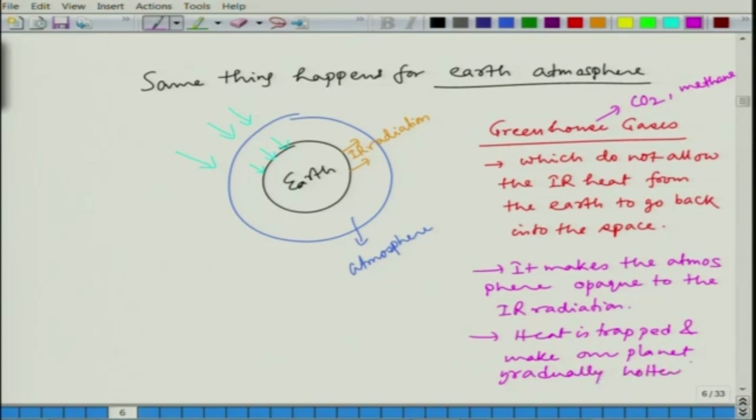Okay. That is why we talk about global warming, which is nothing but due